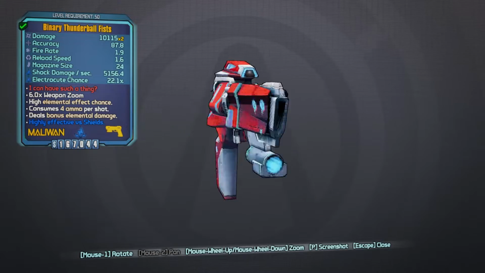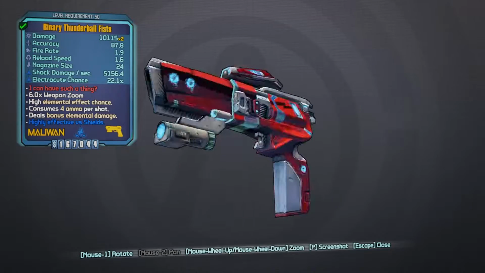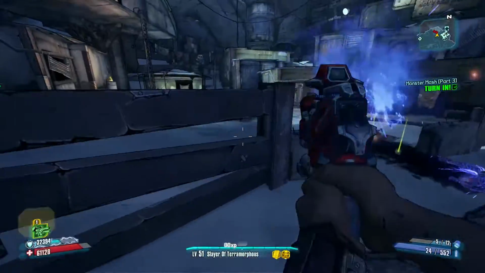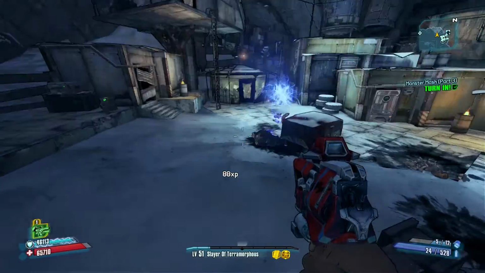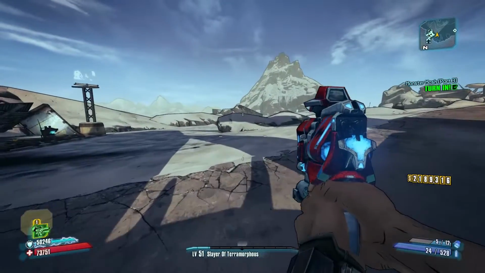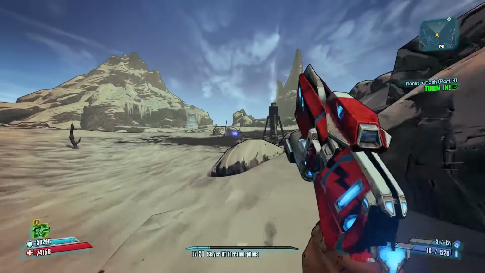the Thunderball Fists. The Thunderball Fists is pretty good. It's kind of like the Kerblaster, except it's a shotgun and a pistol. Essentially, the Thunderball Fists fires a projectile that has balls that come up and then come down and explode. With the double prefix, the projectiles will still do the same thing, making it pretty useful and pretty good. And it's really good against enemies with shields. But anyway,